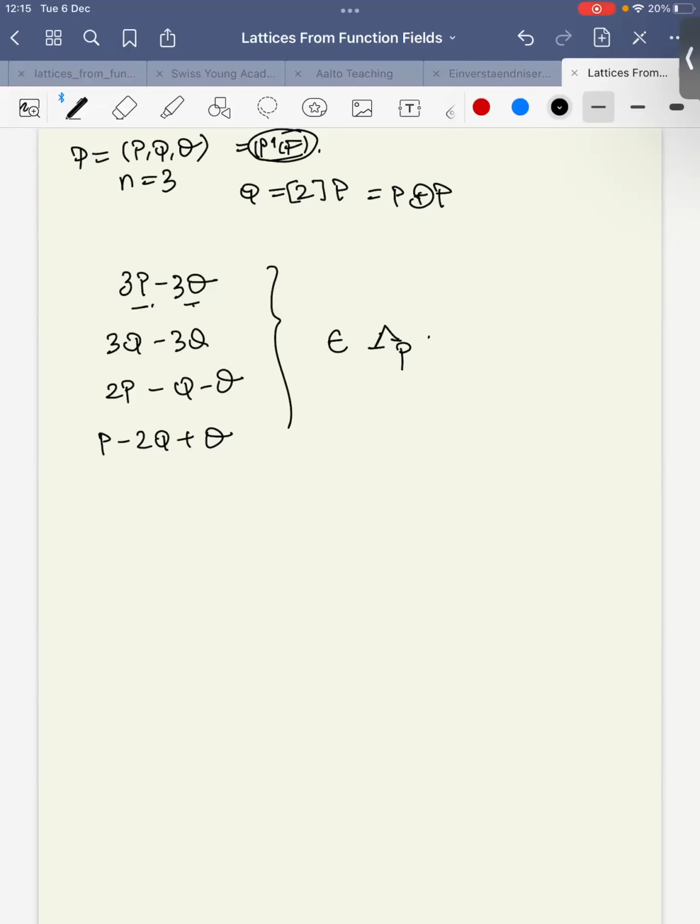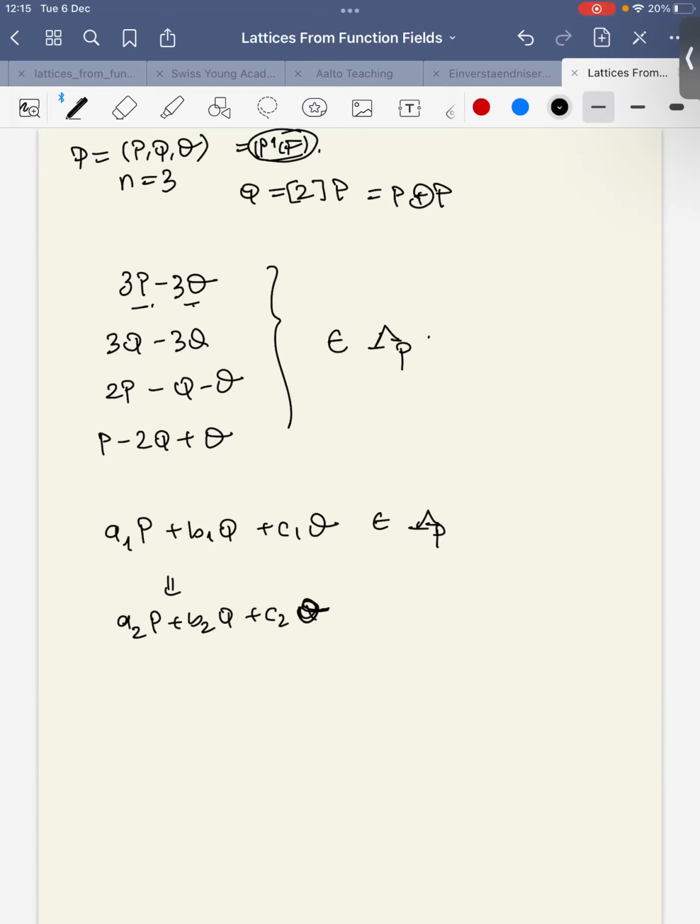So their Z-combination is also a lattice vector, right? Let's say A1 P + B1 Q + C1 O is also a lattice vector. So A2 P + B2 Q + C2 O